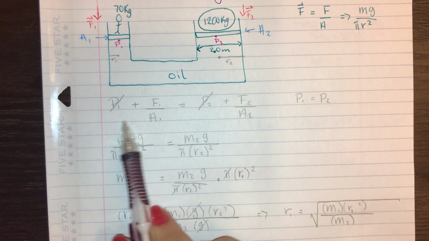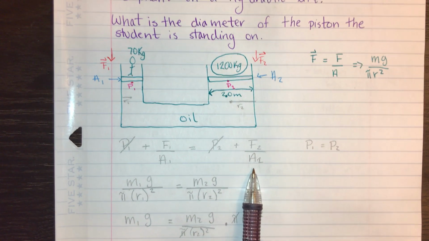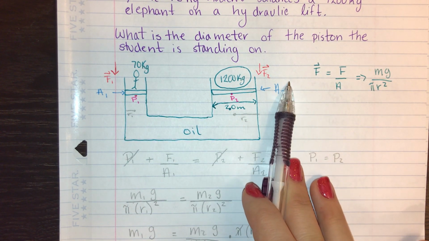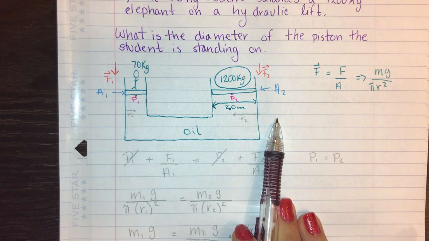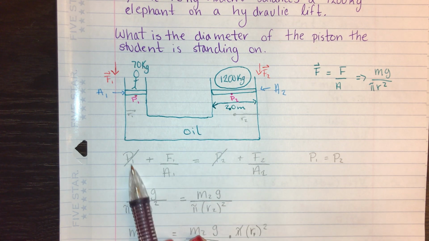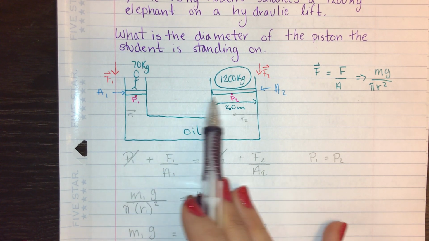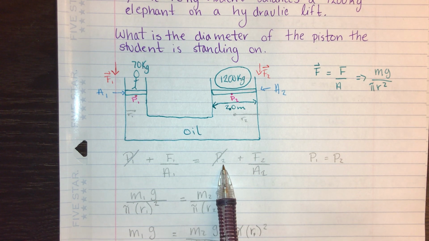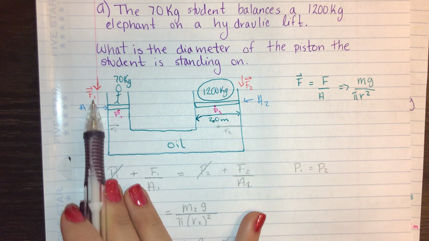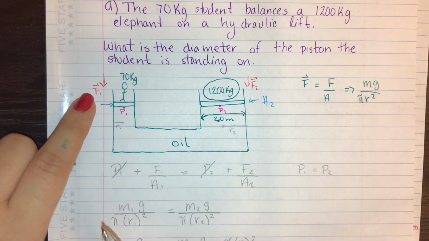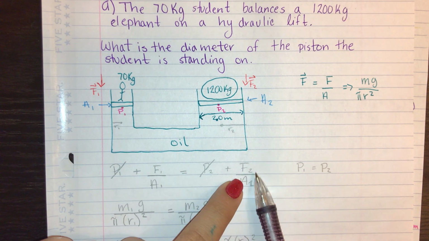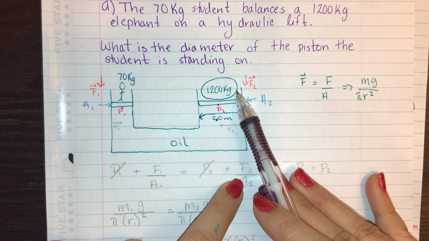First, we want to equate our equation so that we have the pressures from the left side of the hydraulic lift equal to all the pressures on the right side of the hydraulic lift. So first we have P1 and P2. Since P1 and P2 are at the same level, they will cross each other out because they are equal in quantity. And secondly, we have F1 over the area. So we have this first force over the area in which the student is standing on equal to F2, all the pressures